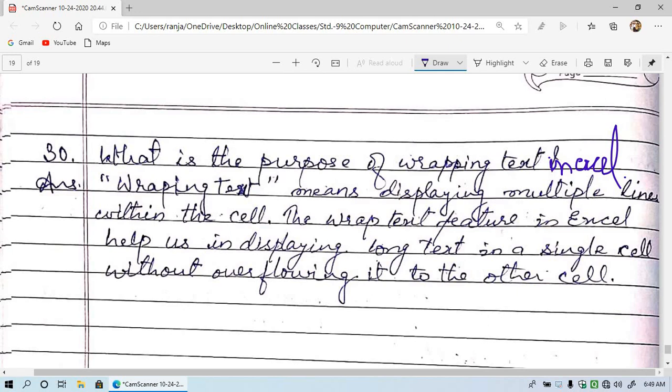In MS Excel, if you use the wrap text option, then you can write multiple lines within a single cell. The wrap text feature in Excel helps us in displaying long text in a single cell without overflowing it to another cell.